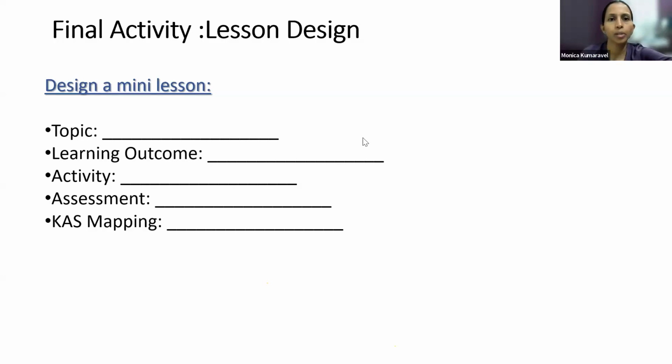Okay, I hope you all understand how to design a lesson using what I have given till now. And please make a note of all the things we have learned today. I will also share you a PDF of what we have learned today. So please go through this once again so that you will have an idea of how you can develop a curriculum during the start of a year and how you can plan everyday session with good lesson plans with all these authentic assessment. We learned about the triangular thing, no? The outcome, activity, and assessment should be aligned. Okay. So all these things we can use in our mini lesson plan.